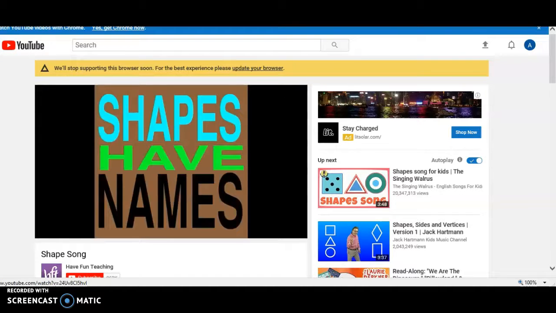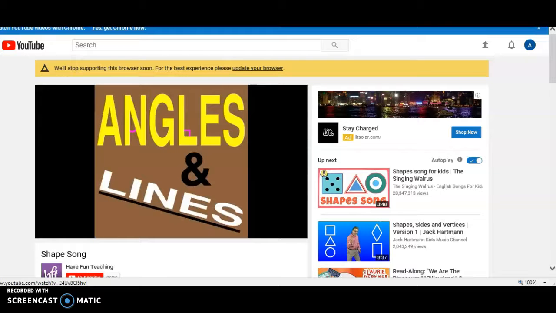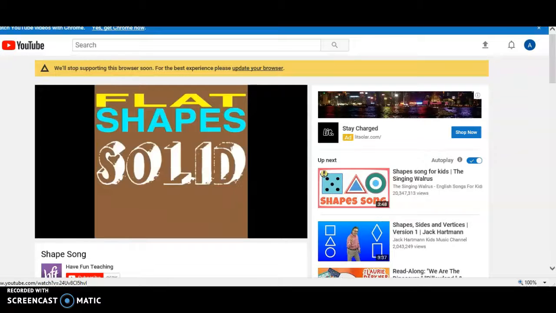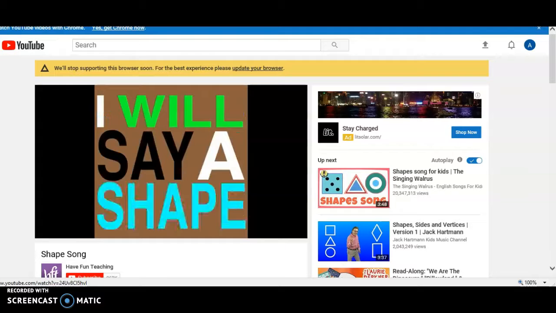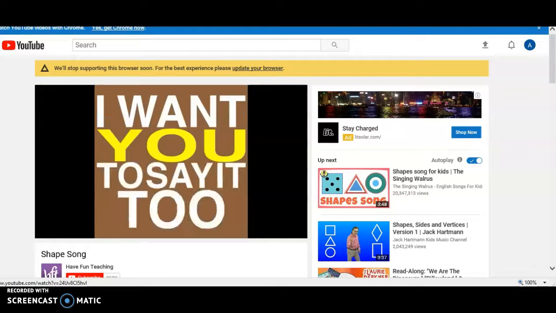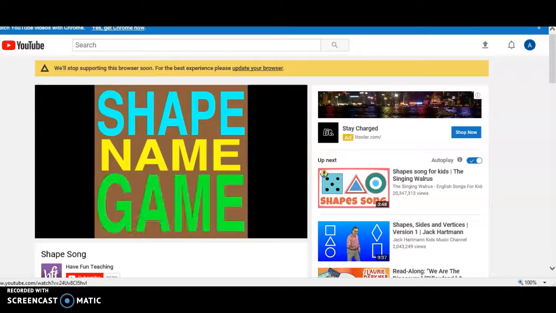Shapes have names, they're made of angles and lines. There are flat shapes and solid shapes, we see them all the time. Now I will say a shape, I want you to say it too. We'll play the shape name game. That is what we like to do. What is this?